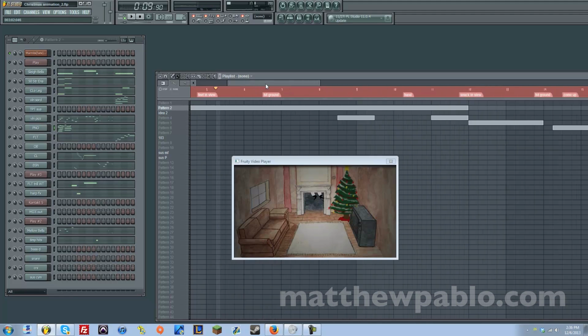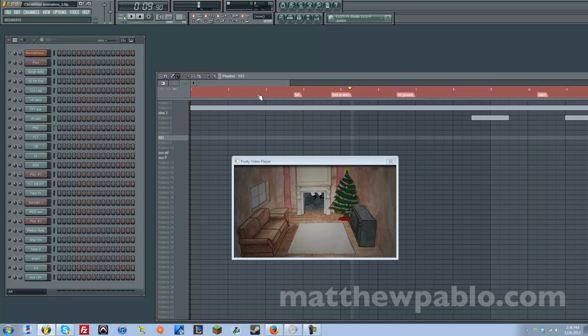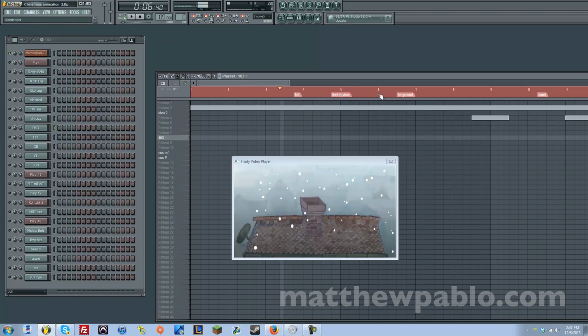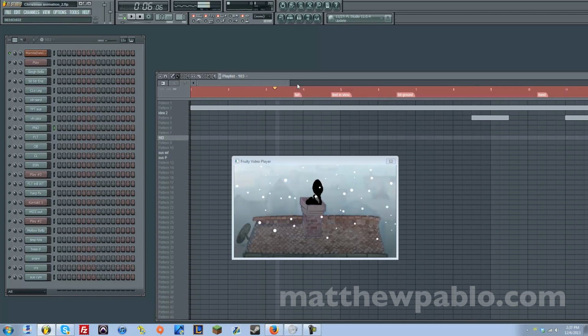But the first thing you want to do before actually putting music down is establish a tempo. The tempo I have is 103, and it works really well. And what you want to do with that tempo is, let's say if I am at 89, you can see at different points of the film, I can skip around and see where things are happening musically on the downbeats. And with film music, you're probably not going to stay in one single time signature. It's usually going to skip around a lot,